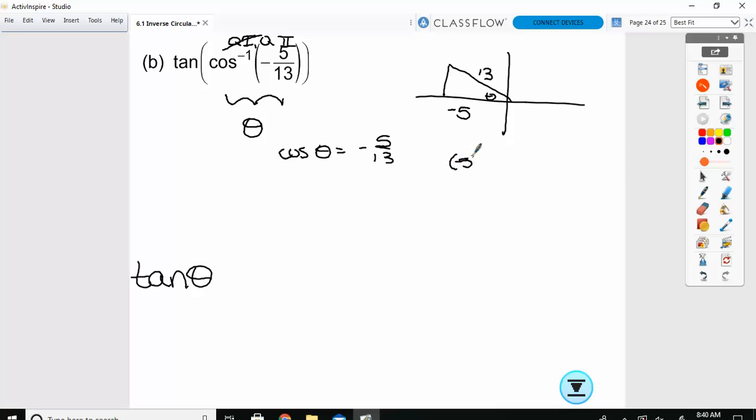So then we can do Pythagorean here. Will it be a positive or a negative? Positive because we're going up. So from this angle, tangent, opposite over adjacent,